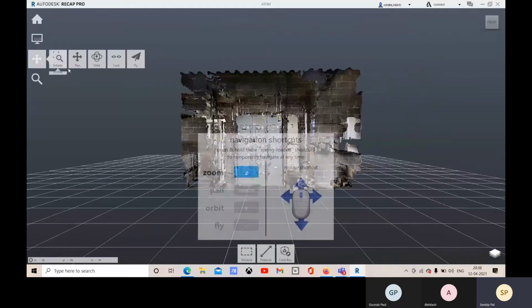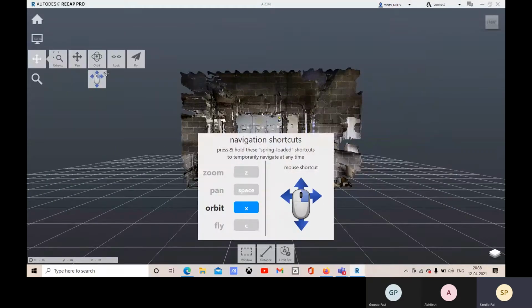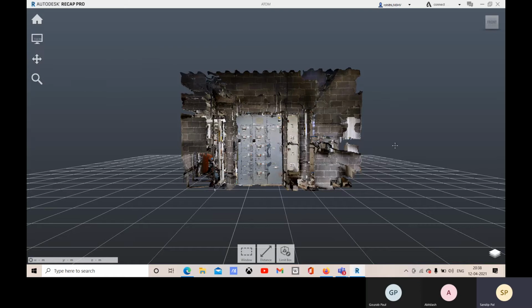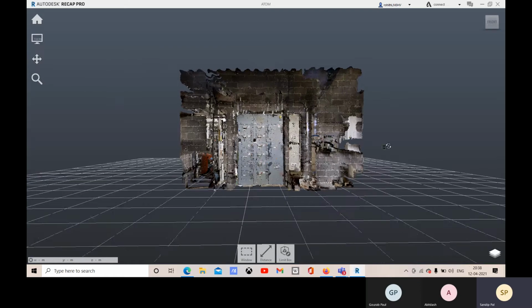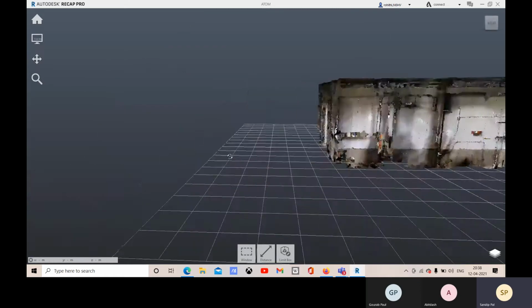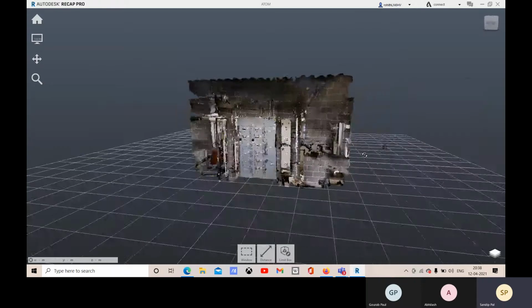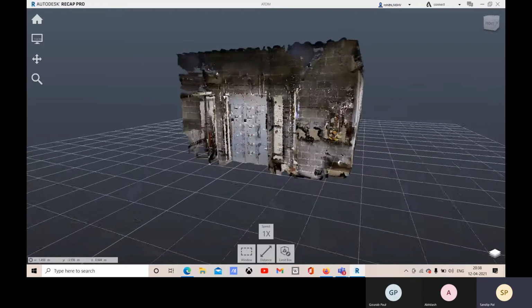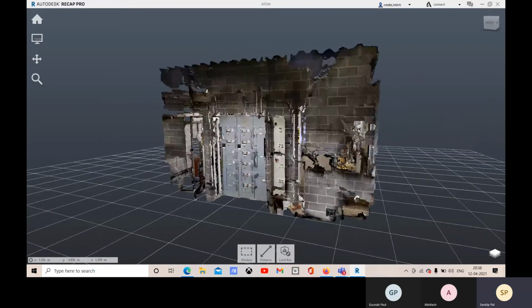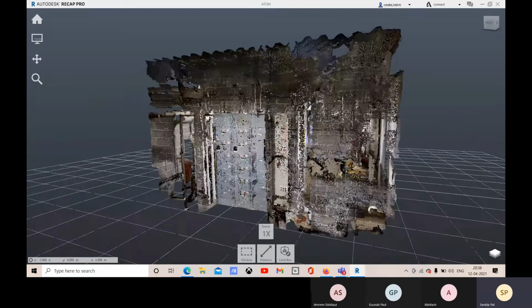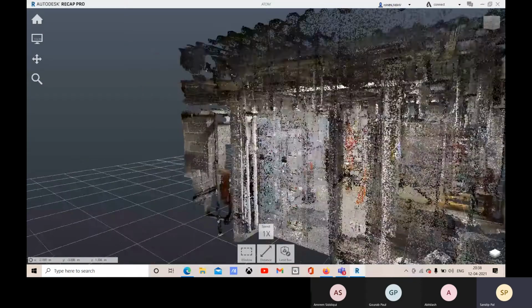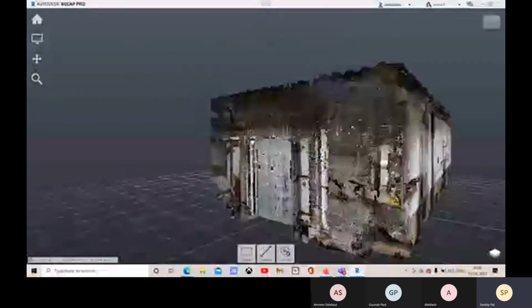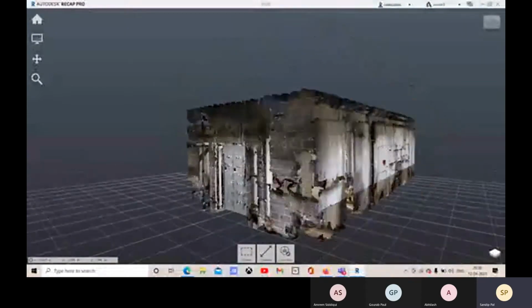Okay, and you know how to pan it. About the orbit, orbit is done with the right mouse button. And if you want to fly, you just hold shift and the right mouse button. Holding the shift key and right mouse button, you fly. Okay, so this is how we navigate.